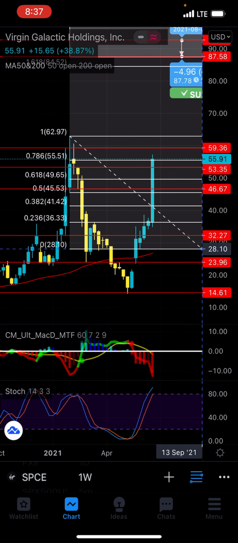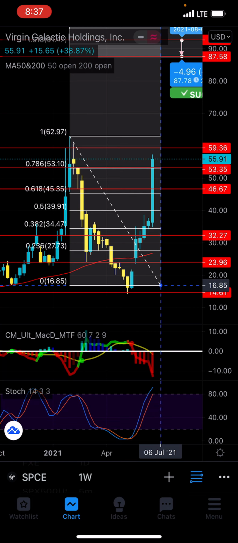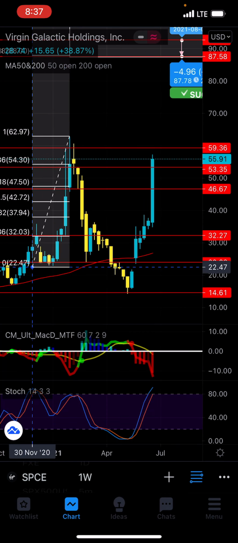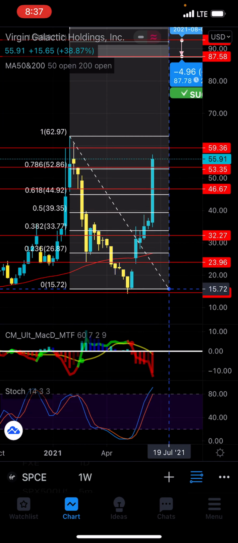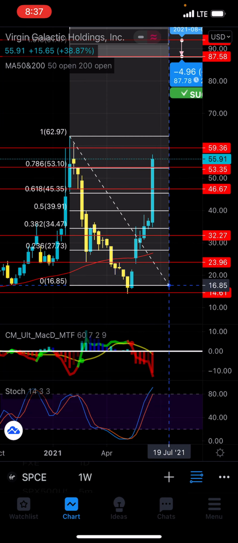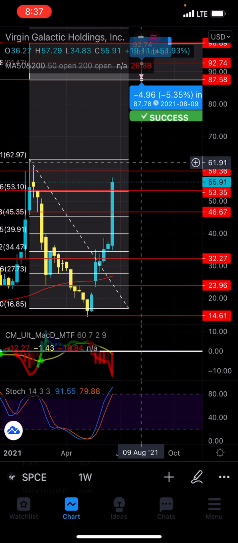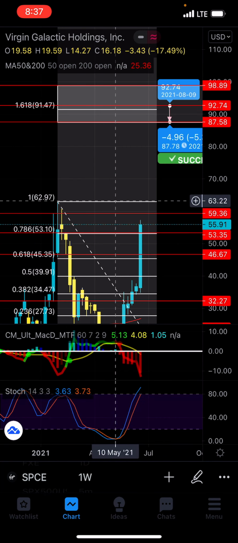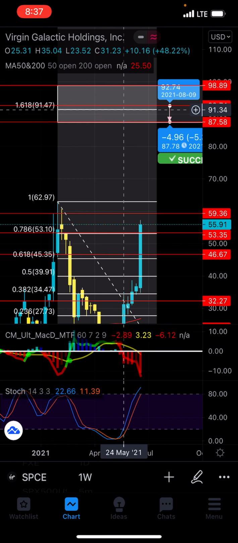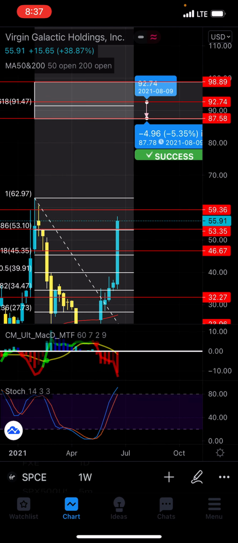But we're actually doing it to the right so we can actually see where it's potentially going to go, right? I hate having it this way because visually it doesn't work for me. So I always extend it out to the right just so I can actually see it. So the low, we set the fib right there. Guess what happened? We never crossed the previous high, right? The next fib level, if this actually breaks out, we would actually be at $91.47 for Space. Oh wow, what the heck?